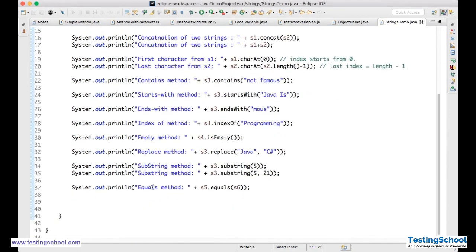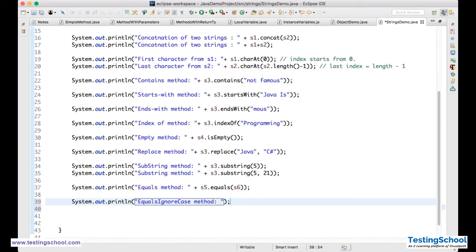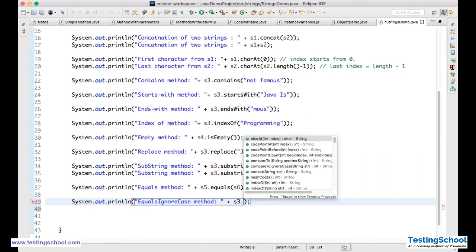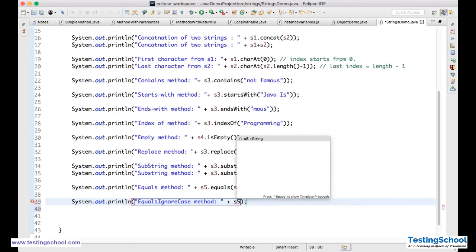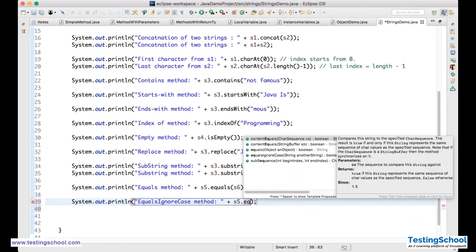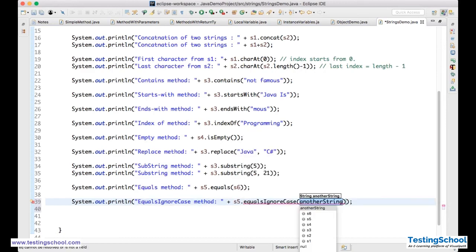Now we have seen the equals method, right? Now we'll see one more method. I'll say one more: the equals ignore case method. Now S5 dot equals ignore case S6.